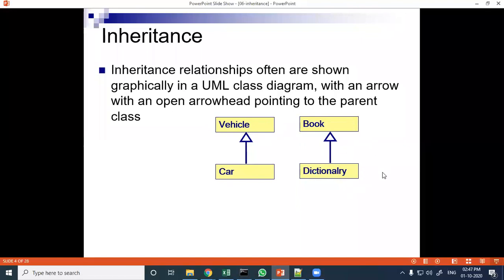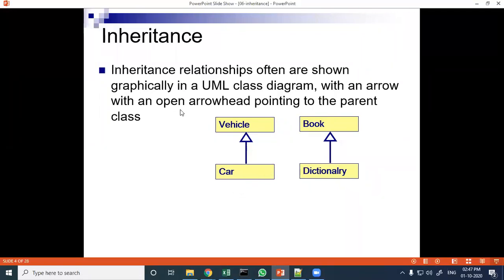That means dictionary is inherited from book, with the properties of book. Dictionary is also a book, like car is also a vehicle. Whatever methods and properties are defined inside the book are again inherited by dictionary. And dictionary has some additional features, additional attributes and methods, like here car has some additional methods and attributes.